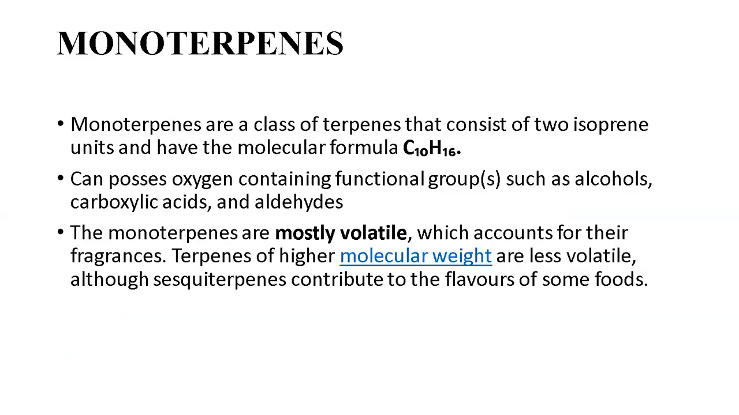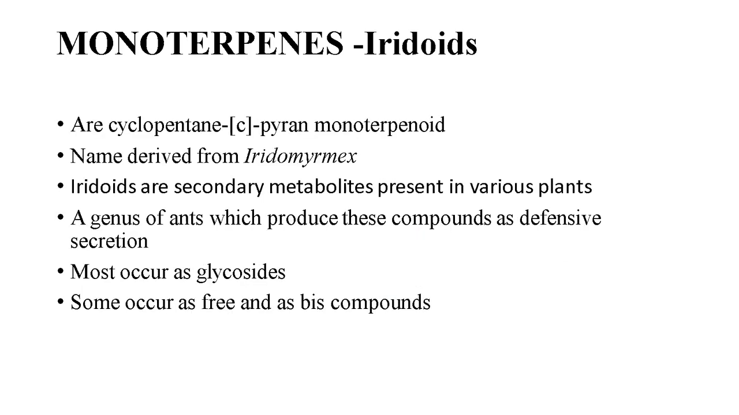So the monoterpenes are a class of terpenes that consist of 2 isoprene units and have the molecular formula of C10H16. So sometimes they can have an oxygen as a functional group. And these monoterpenes are mostly volatile, which accounts for their fragrances. As you go down the group, as they become bigger in molecular weight, they become less volatile. So the first group for monoterpenes